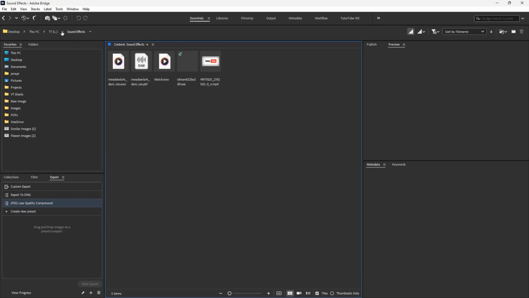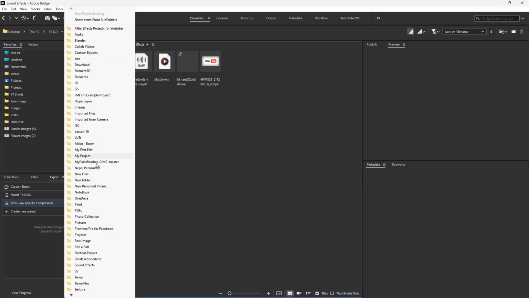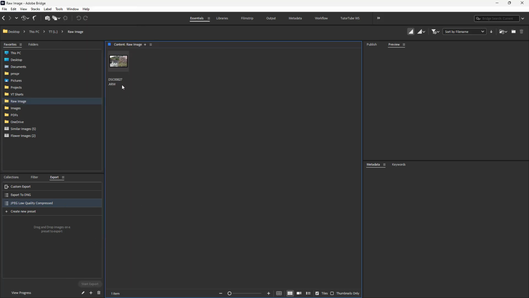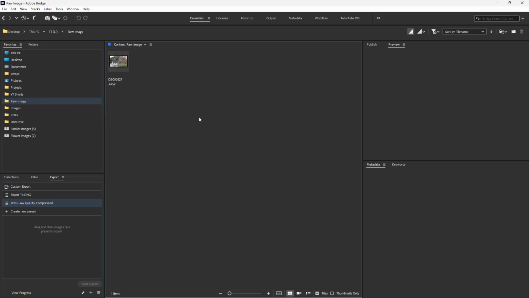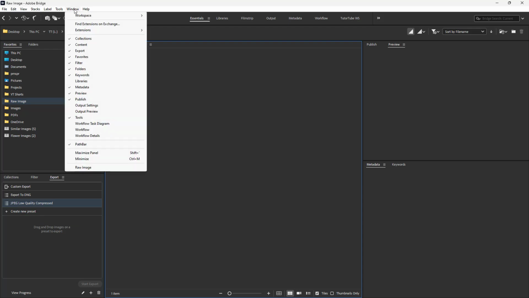If I were to go around over here, you can see that as I click, you get the options to access the other folders as well, like for example, raw images. Similarly, I can go ahead and click on the drop down menu right here to access the other drives as well. So the path bar is on by default, but if it is not on, then you can go around